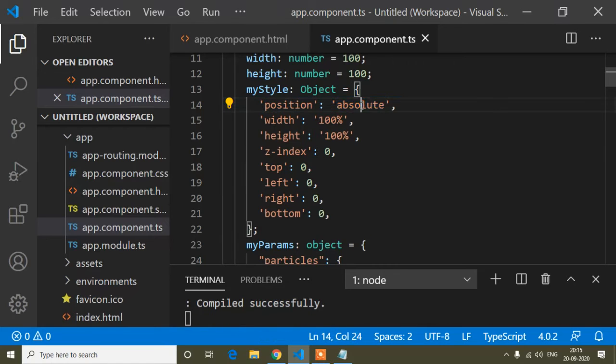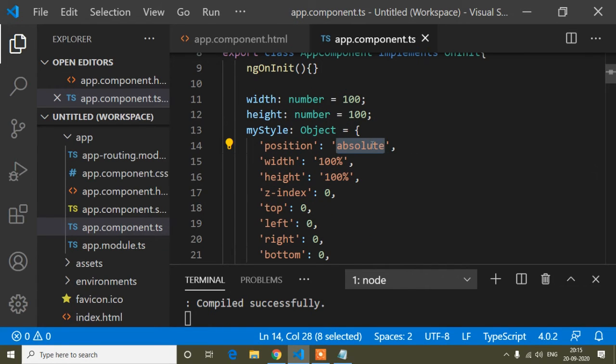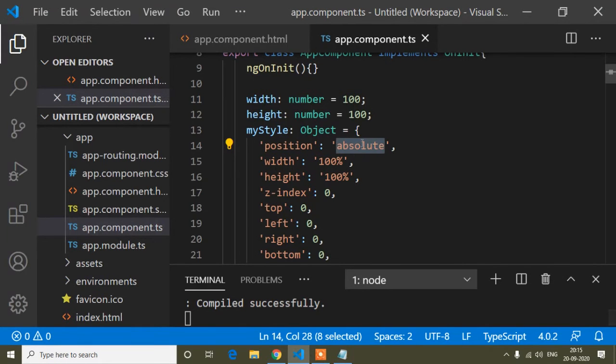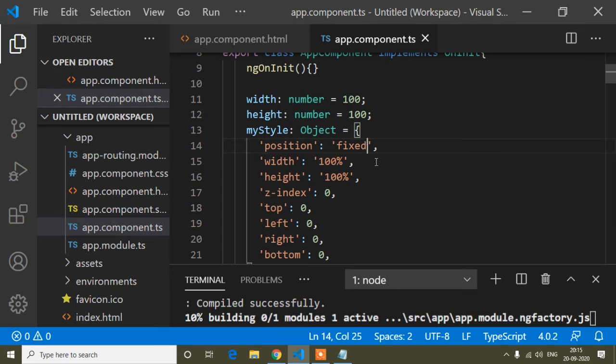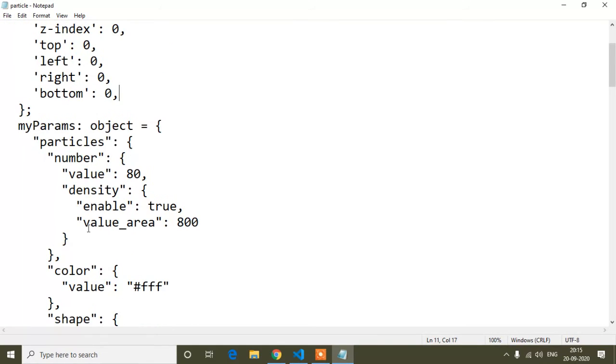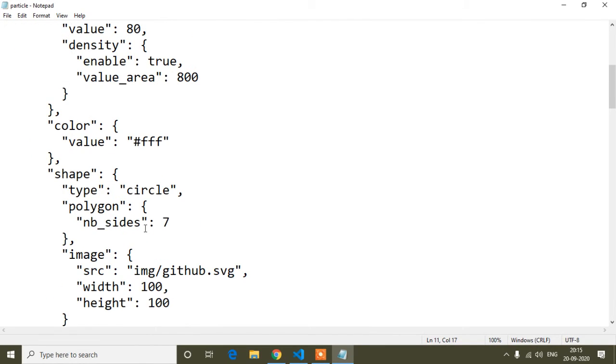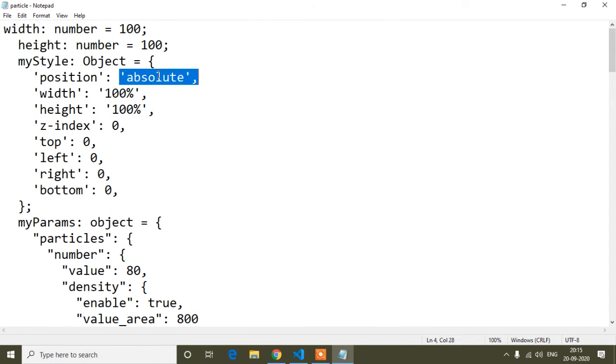The particle.js is not coming here because you can see the position is absolute, so I have to write position fixed. I will change it here, otherwise I will forget. So position absolute, instead of that here it will be position fixed.